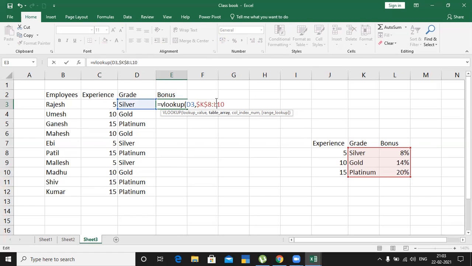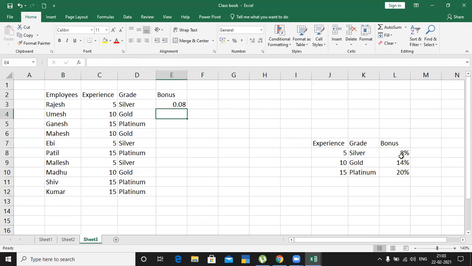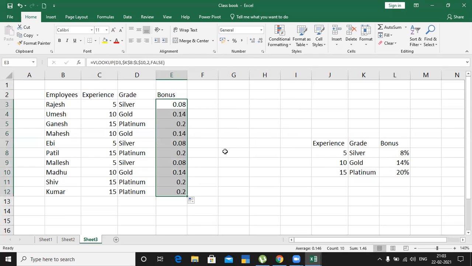Press F4, again press F4. Next the column index number is 2, then comma, then range lookup is FALSE, close the bracket, press enter. Now it is converted into 8%. Now click and drag, so the percentage is allocated.